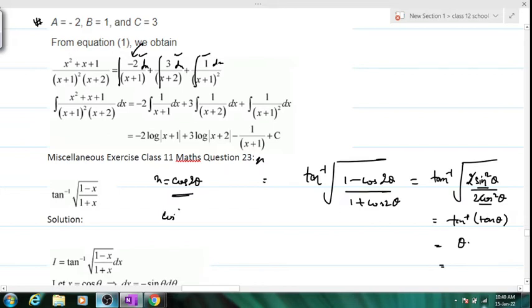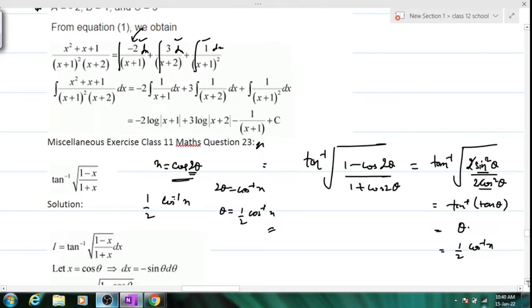No, you'll write cos inverse x half. Okay? Half cos inverse x. Okay? See, 2 theta, how much? Cos inverse x. And theta is half cos inverse x. Any doubts? Clear? Kindly copy down till this much, and after that go on to integrate.